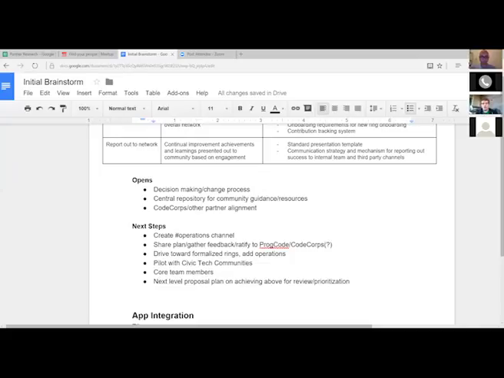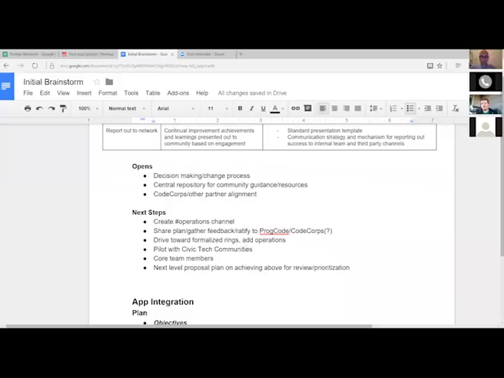It'd be great to run a pilot with civic tech communities around this onboarding. Let's make it happen. And I was working on that down below in this document as well. I'll probably share that out next time. Identifying some core team members, if anyone else is interested in this sort of thing, or if you're from a different group where you're working on the same sort of challenges, I would absolutely love to work together and see how we can just figure this out once instead of doing it over and over again. The more we work together, the better we'll be.